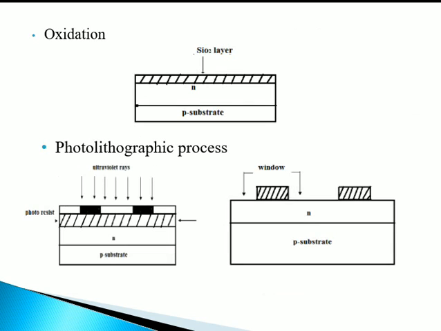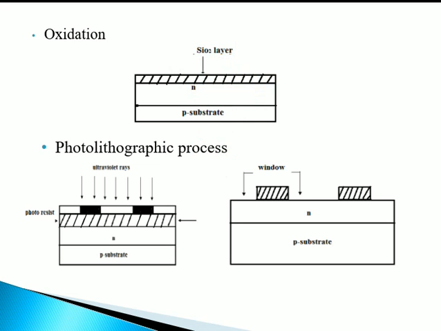After this, the next process is oxidation. Oxidation means a thin layer of SiO2 is grown by exposing your wafer to oxygen. This oxygen atom will combine with your silicon atom, which will give rise to a thin layer, and that thin layer is the silicon dioxide layer, which is a glass-like layer. And what is the advantage of this? This will prevent further chemical processes. This process is called passivation.